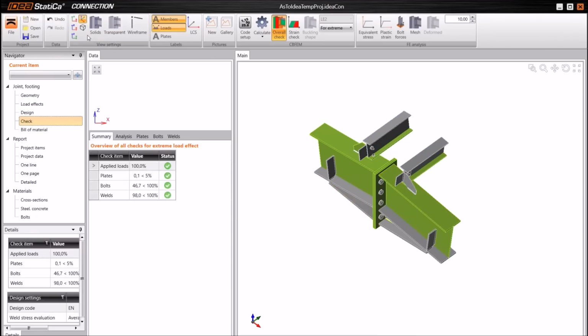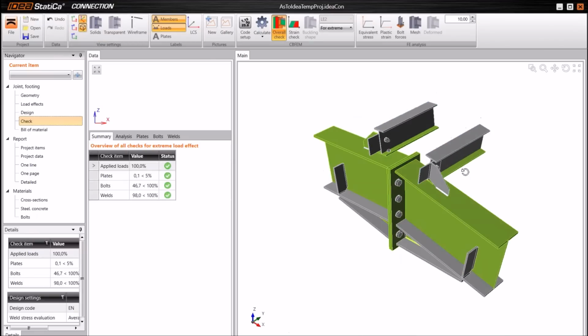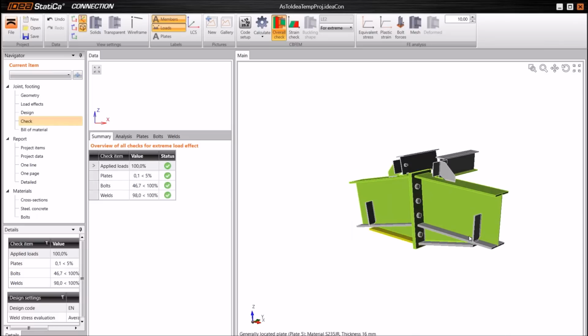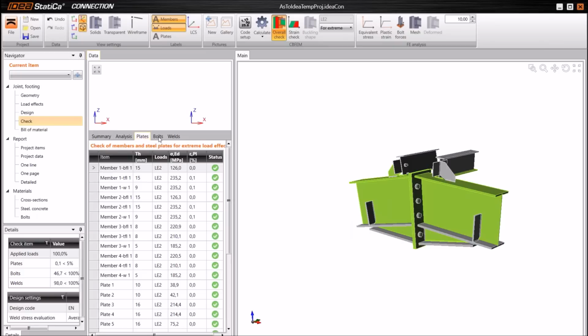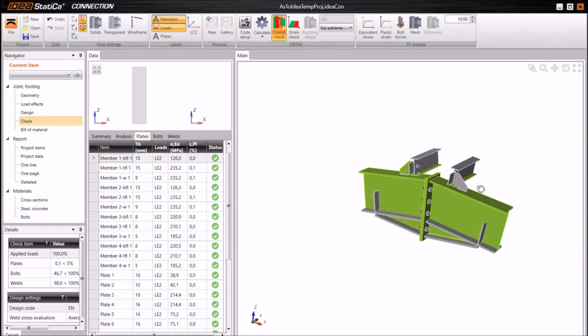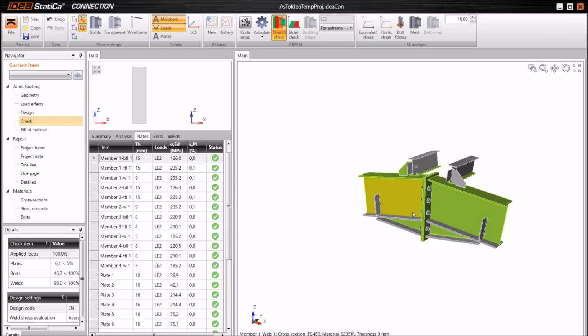Yes, and as you see, we can obtain a really fast check of the connection, which was modeled in the advanced model. Again, we have the same set of results, so overall check, all values in the tables, and we can really go into the deep analysis of this connection. So that was the second example which I wanted to demonstrate, and now we will continue with another example,